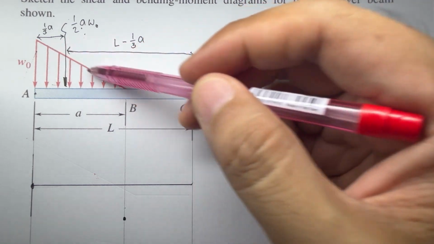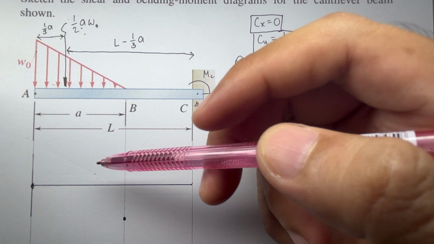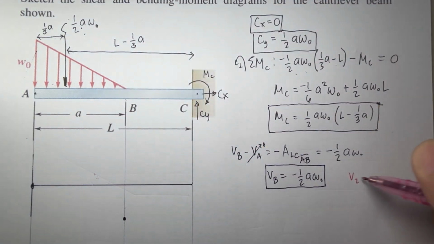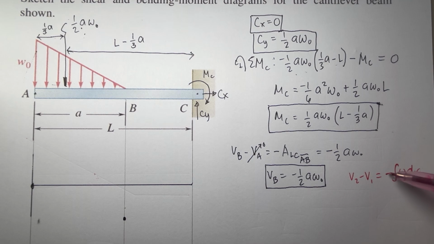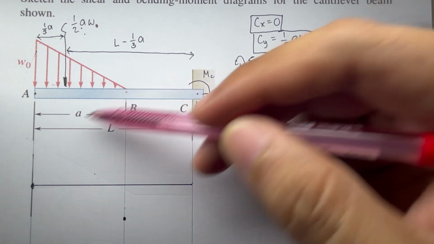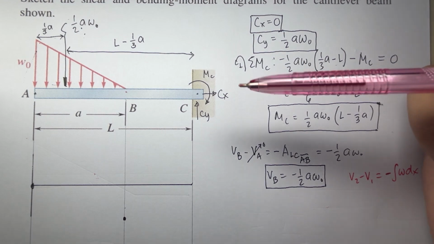So if this is x to the 1 in our load curve, the shear curve would be x to the 2, or quadratic. From our formula that V2 minus V1 is equal to the negative integral of omega dx, the negative sign here